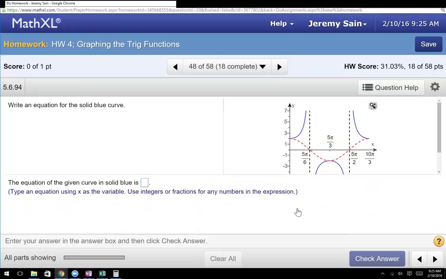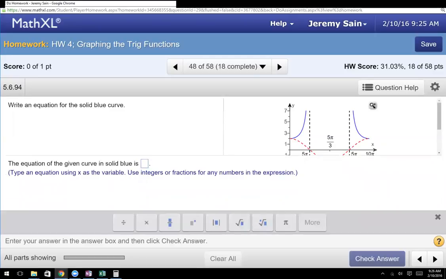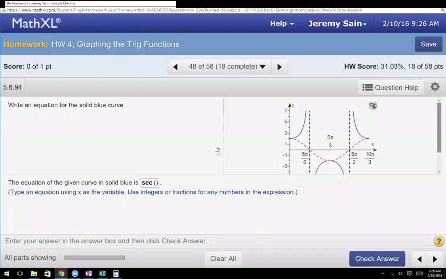It looked like a sine, or also one over the sine. Well, okay, so let's start with the beginning. We know it has secant in it. What about a number out front? Do we need a number out front? Plus, and then